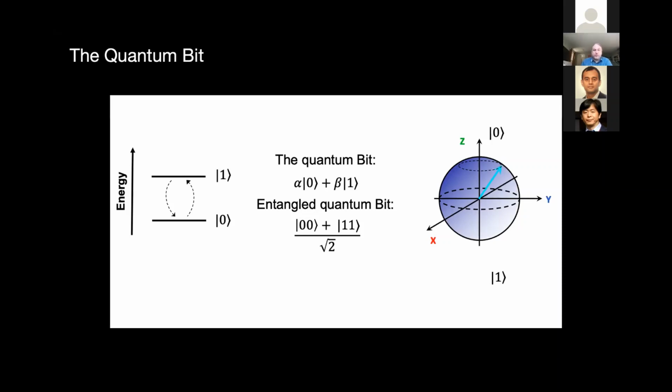The second ingredient that we need is a way to take multiple of these qubits, put them together, and have operations between them. And much like in a classical computer, instead of talking about all possible gates, you can talk about a universal set of gates. But we can do the same thing for these quantum computers. One particular 2-qubit gate I like that's universal is the CNOT gate, which says if qubit A is in the ground state, don't flip qubit B. If qubit A is in the first excited state, do flip qubit B. And so, for example, with the CNOT gate, I can go from that equal superposition we were talking about before and make a Bell state, where I have 2 qubits which are either both in the ground state or both in the first excited state. But there's no possibility of finding them in opposite states.